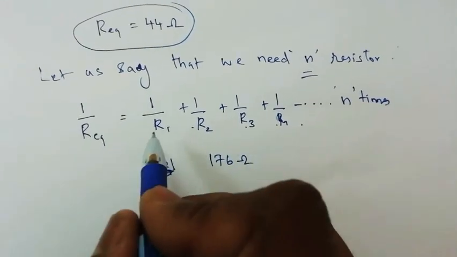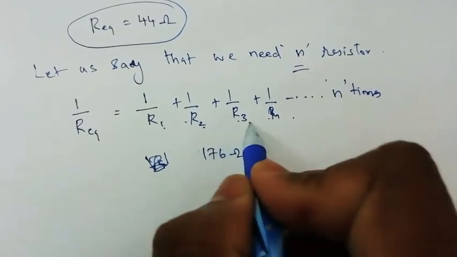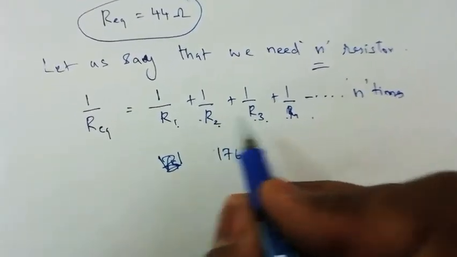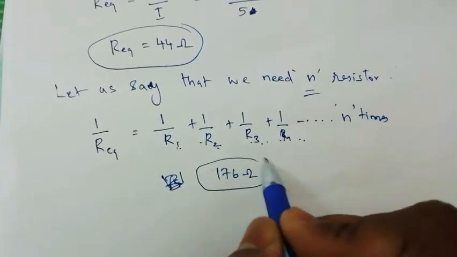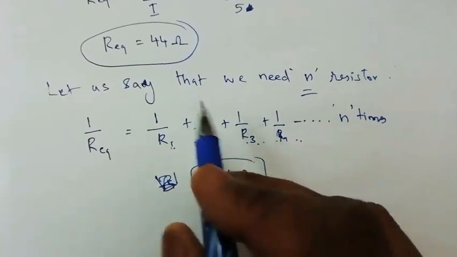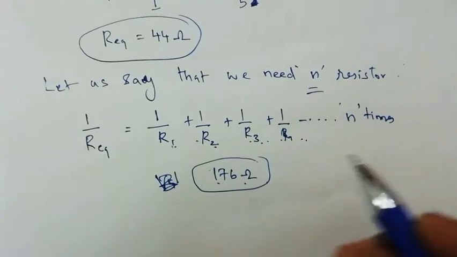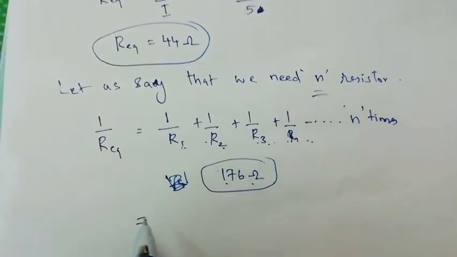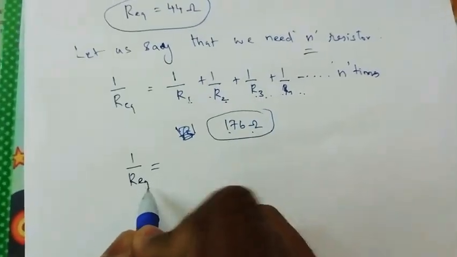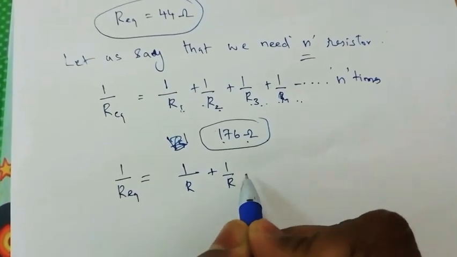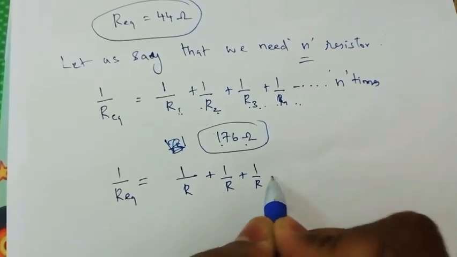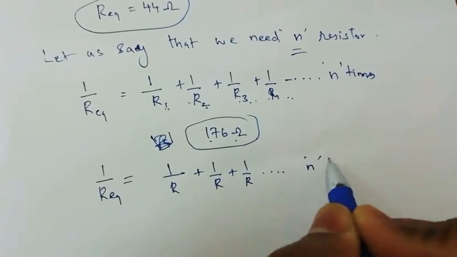So we need not write R1, R2, R3, R4 as different values, because we already know all the resistors are 176 ohm. So we write 1 by R equivalent as 1 by R plus 1 by R, n times,